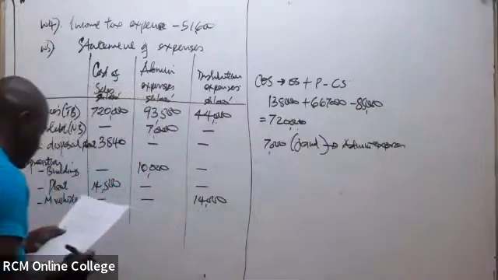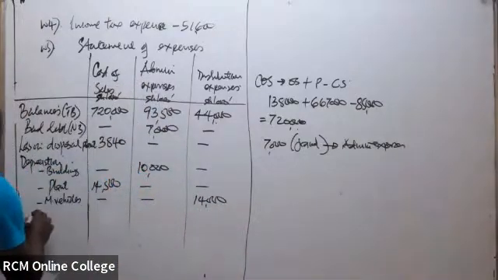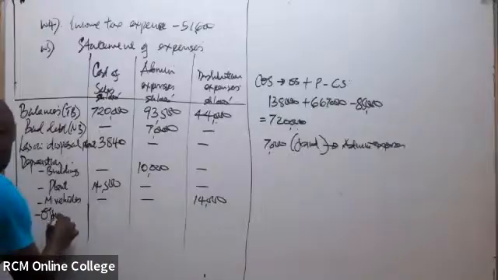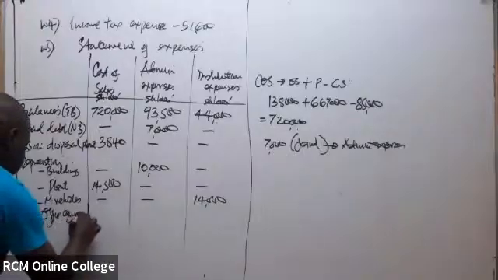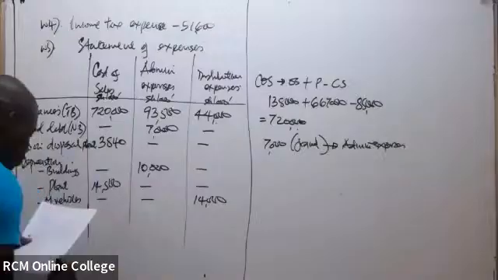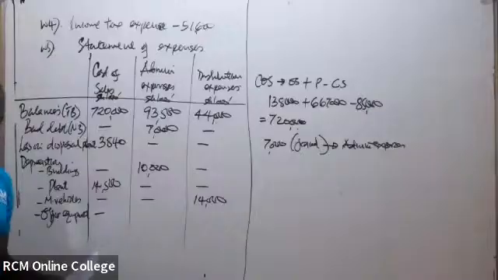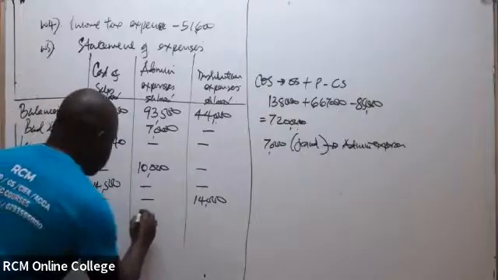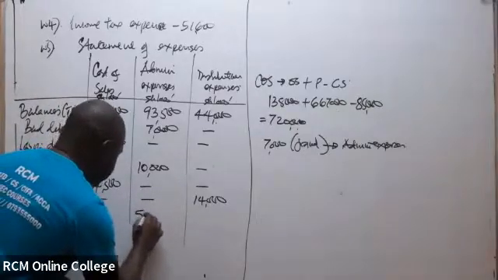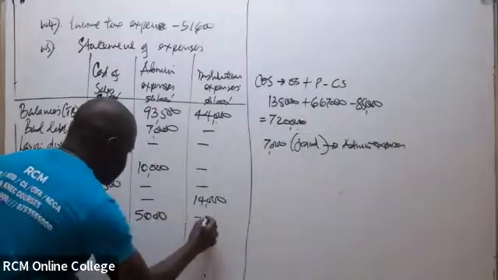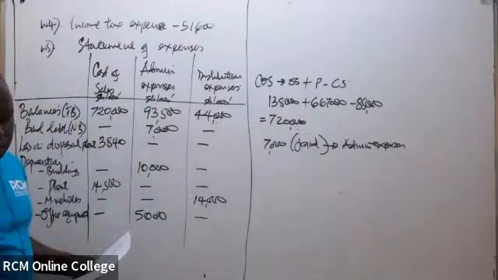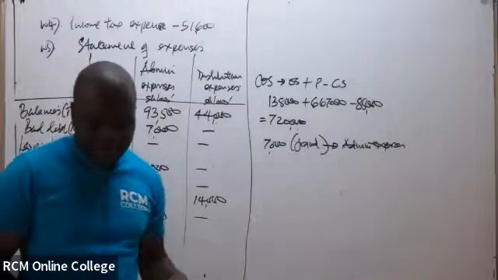Then the last one, in this case, you are told office equipment. This one we are told it will likely go to administration. Office equipment, as per our computation, was 5 million. So it will go to administrative expenses. Those are the items that will likely end up affecting